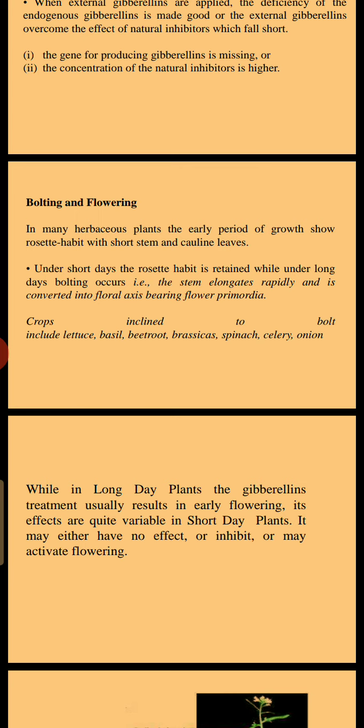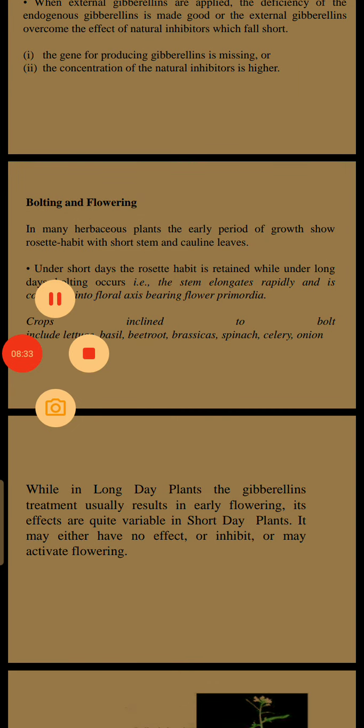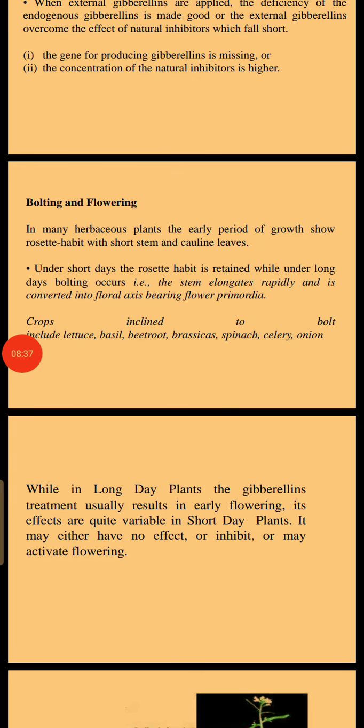Parthenocarpy: in many cases like grape and stone fruit, it has been observed that if we use gibberellic acid, or it has been found that the gibberellic acid concentration is more than in non-parthenocarpic fruit. It is a clear indication they have some link with seedless fruit. So it has been observed in many cases, especially in stone fruit, pome fruit and tomato, that large-sized grape will be enhanced with the help of exogenous application of gibberellic acid.